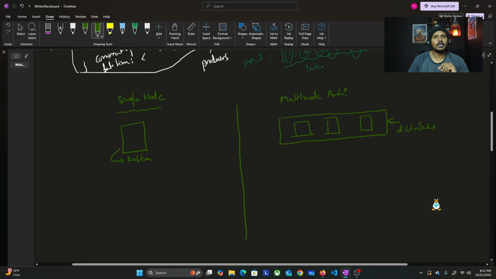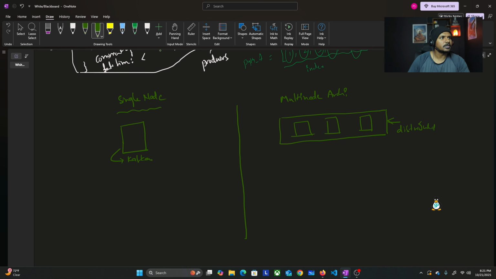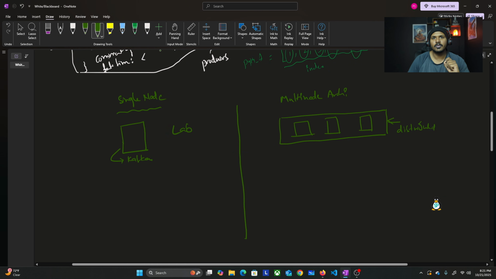We have to understand one thing: where we can use the single node architecture and where we can use the multi-node architecture. The single node architecture is perfectly all right for lab tests, or if you are doing some sort of POC, a proof of concept. However, if you are running something serious in a production environment, or in real environments, like the real E1, E2 environments, then it is highly recommended to use the multi-node architecture, because here, as we already went through the